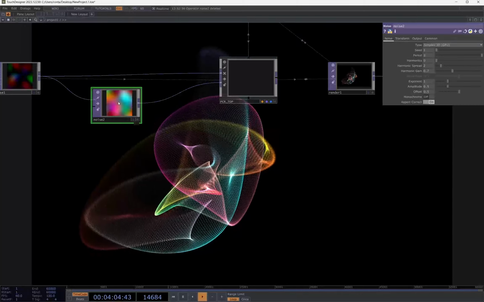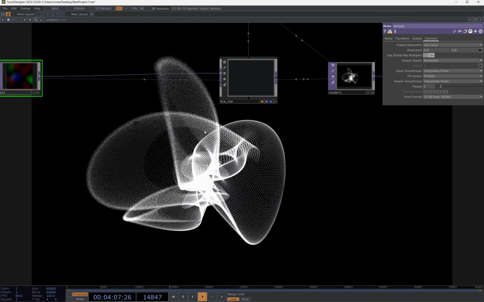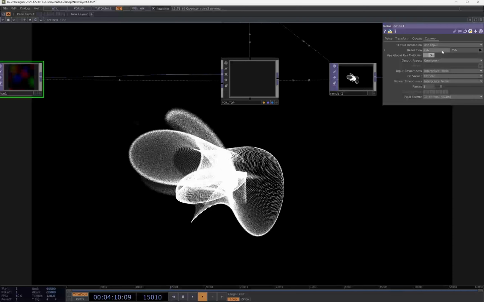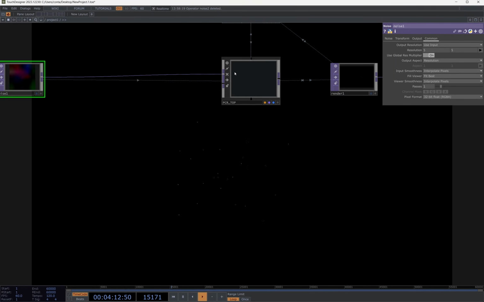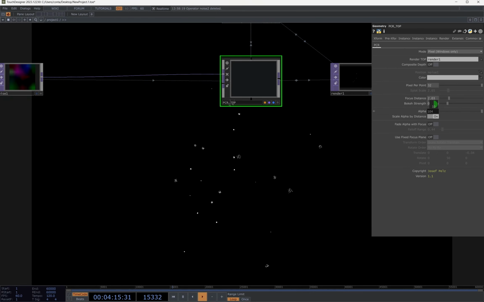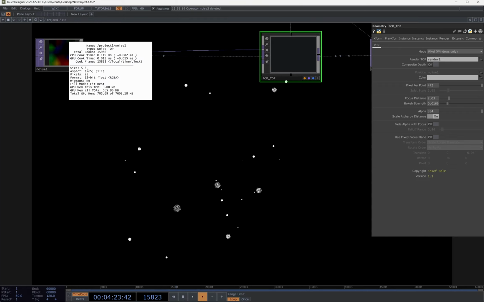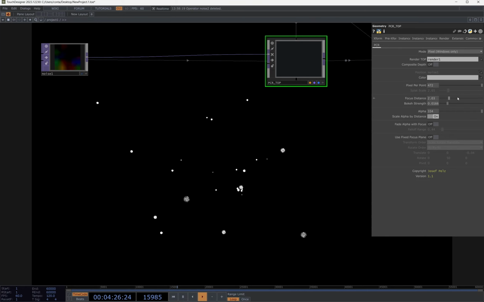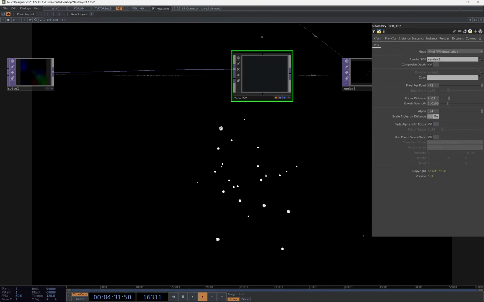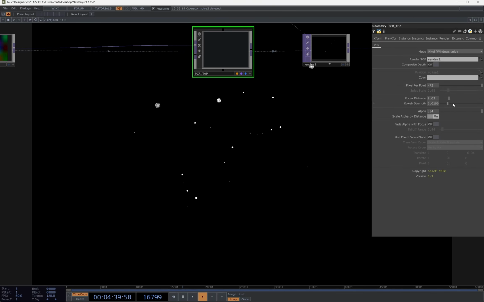So maybe I will get rid of the color for a second to get more specific, and maybe even reduce the number of points even more, and to make it very obvious, I'm here only rendering a handful of particles, and with very high alpha. And you can see that I'm now rendering a small sphere of points for each individual point. And then I'm scaling that sphere of that particle depending on the focus, like how much the particle is in